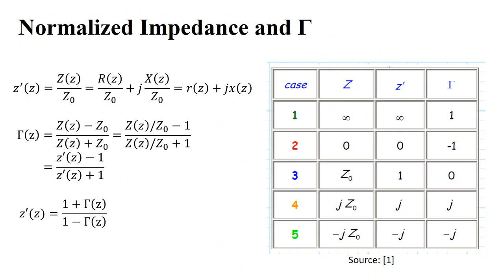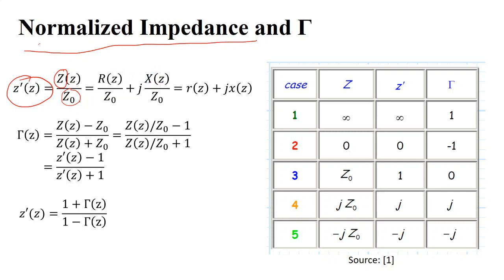In general, the line impedance depends upon the reflection coefficient, but also depends upon Z naught. If the transmission line is fixed, once you have constructed the transmission line, its Z naught will be constant. So for doing the analysis, if you divide the line impedance by Z naught, that is called normalizing. Generally, we normalize the impedance by its characteristic impedance. If it is a line impedance, you divide it by the characteristic impedance, and that is called the normalized impedance. If your map is normalized, then you can use the same map, the same graph, for different types of transmission lines.